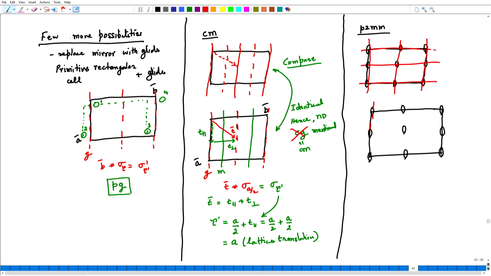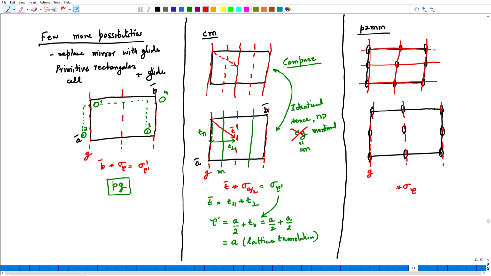I can also do it horizontally. So, if I put here, the translations will put glide planes at these locations as well. Now, this is G, let us try to figure out the glide sigma tau,